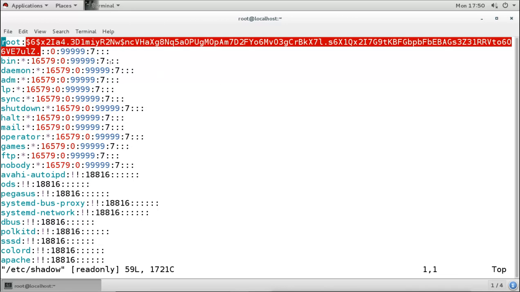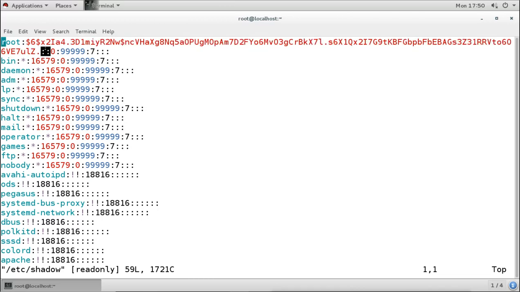Then what we have here is the last password change information. Now that is not available for the root user because the password for the root user should not expire. Then this is the minimum password age, maximum password age, and this is the warning period. Before the password expires, it will give the warning 7 days before. Now it has an expiration date, but it does not have a starting date. That means when it started and counts this 9999 days, it is not there, and because this is the root account, it is not going to expire.